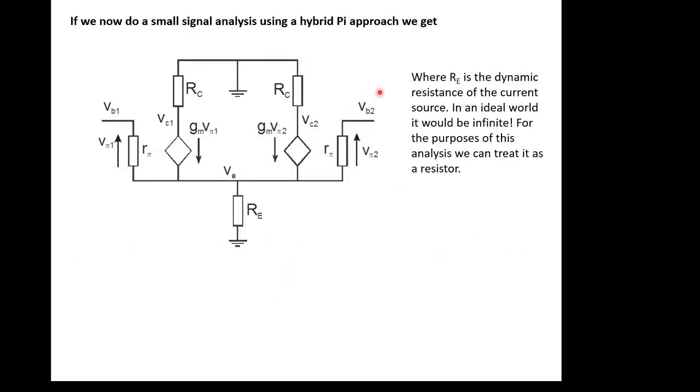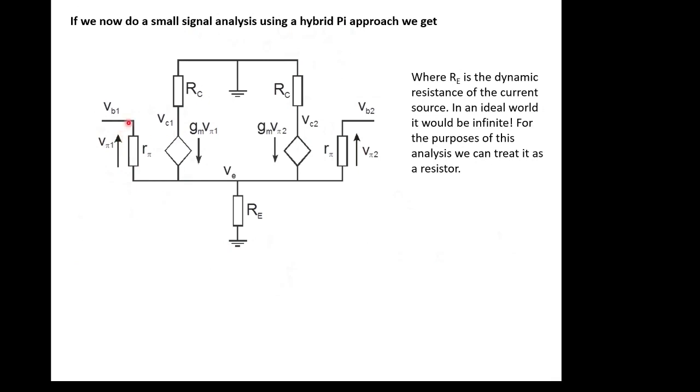Right, so how do we do a small signal analysis? Well, a hybrid pi is what we've done in the past, so we can try looking at that. We have to think back a little bit to what our hybrid pi model is from maybe first year or possibly second year with Kushik. So our transistor is this bit,